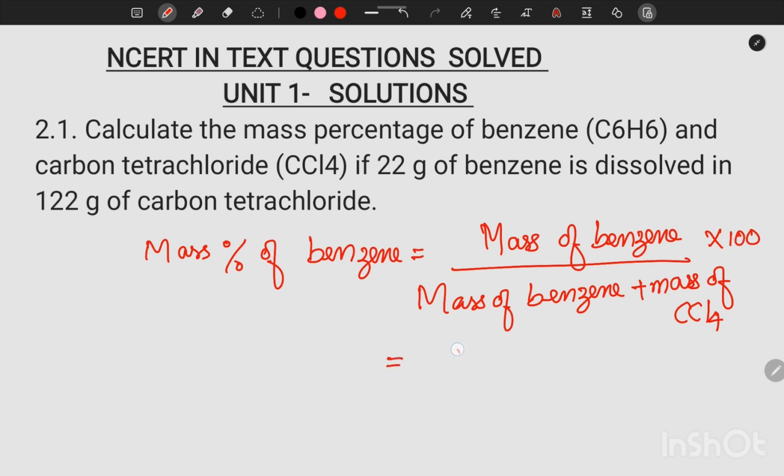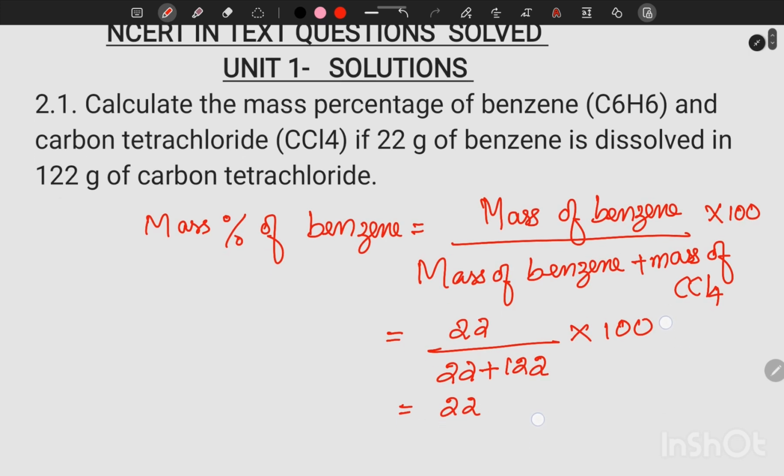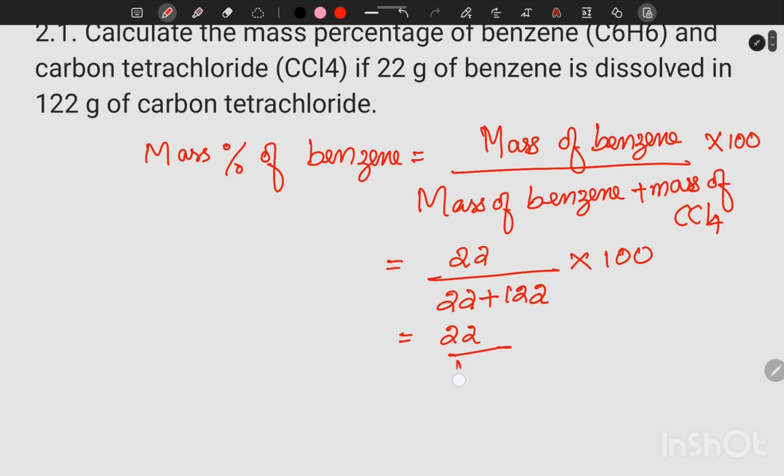So that is equal to 22 by 22 plus carbon tetrachloride, it is 122, into 100. So that is equal to 22 by 144 into 100. When we simplify, we will get